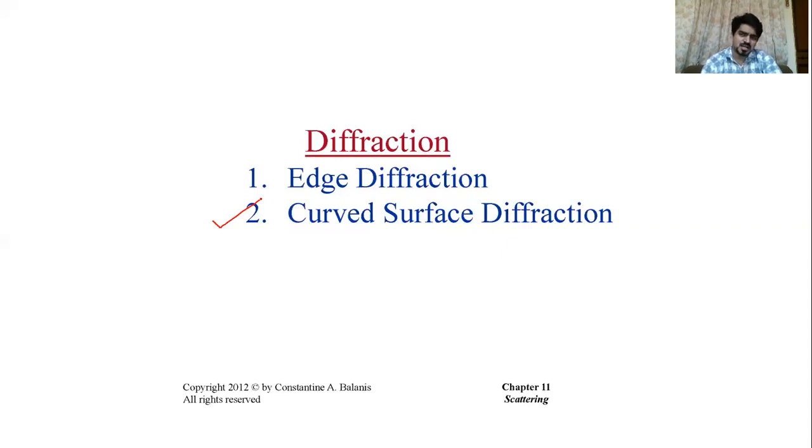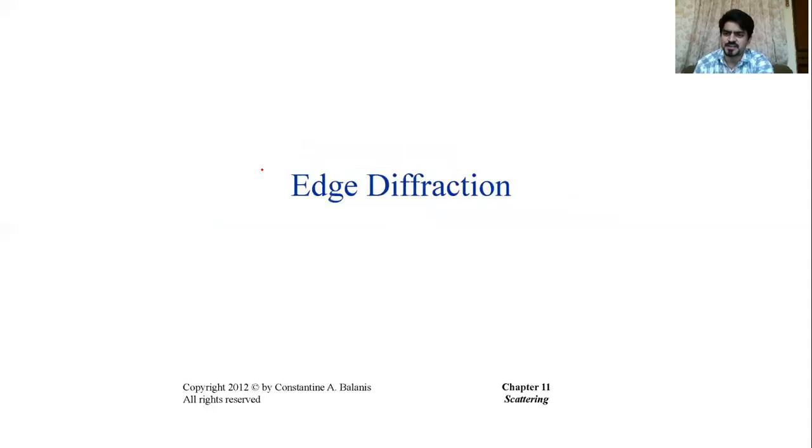Now, those are for the plane wave and the straight edge. We'll see that based on the curvature of your surface or the curvature of the edge of your structure, you have to additionally introduce some extra factors, coefficients, while defining the diffracted fields. And let's look at those. So let's first consider the edge diffraction. So that is edge diffraction.